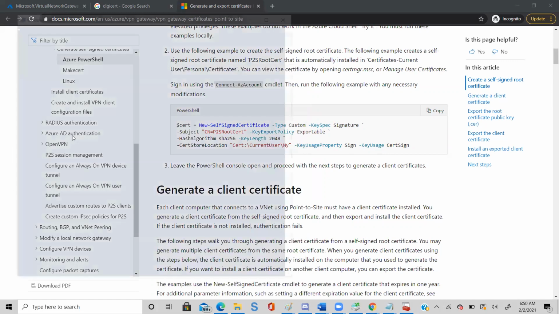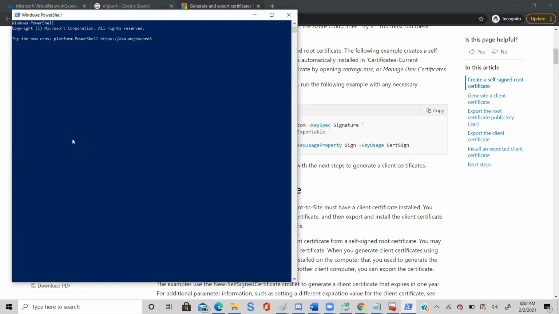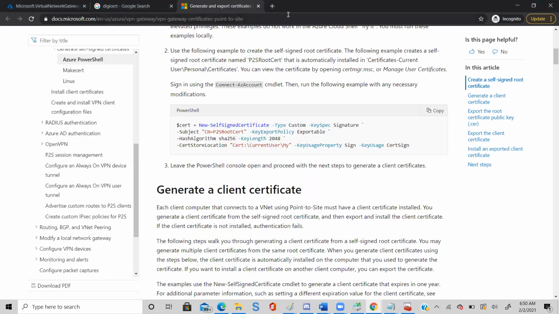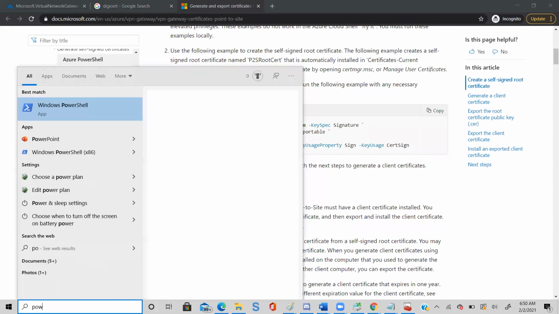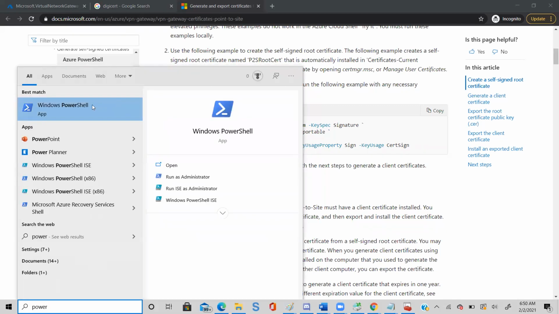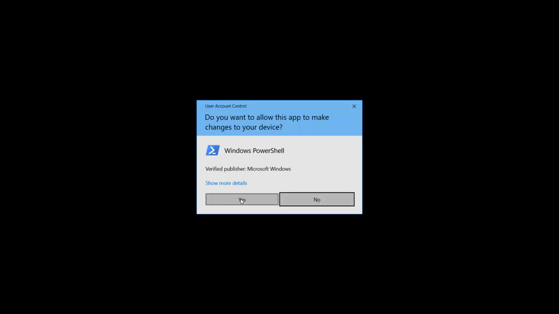Oh, it's open actually. One second. So we have to open up PowerShell. When you right click, it will give you run as administrator. I'm running this PowerShell as an administrator. I say yes.